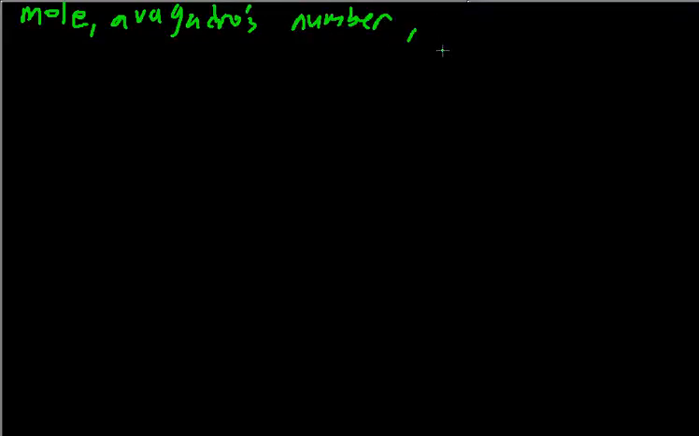And the last thing is called ratios. These are the different ratios that we can do using these. So first, the mole. So we talk about a dozen